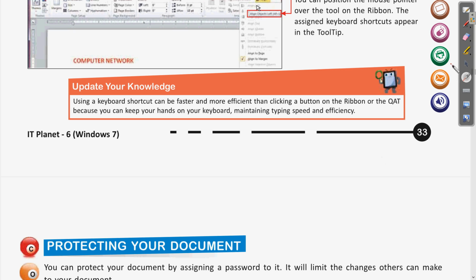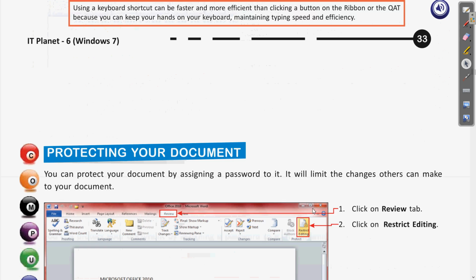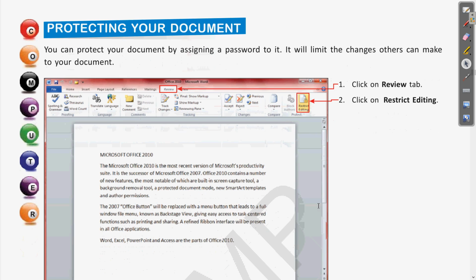Okay, so next today we are going to start how to protect your document. Protecting the document means we can set some restrictions and add a password, so only if you know the password will you be able to open it. Okay, let us see these things.